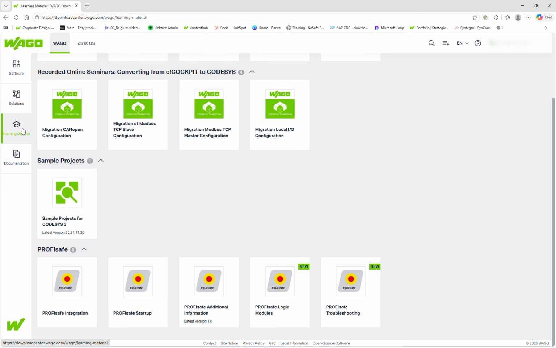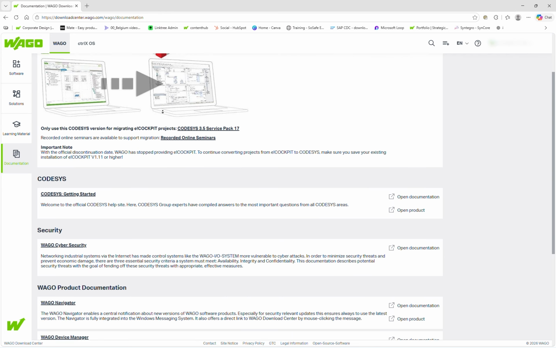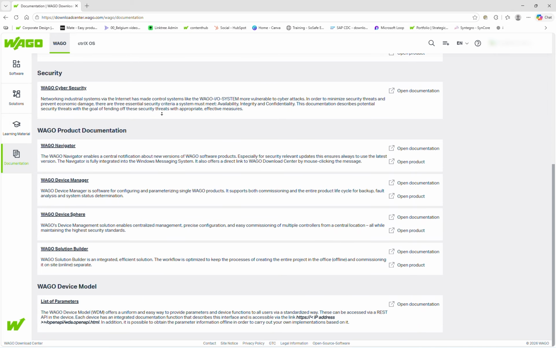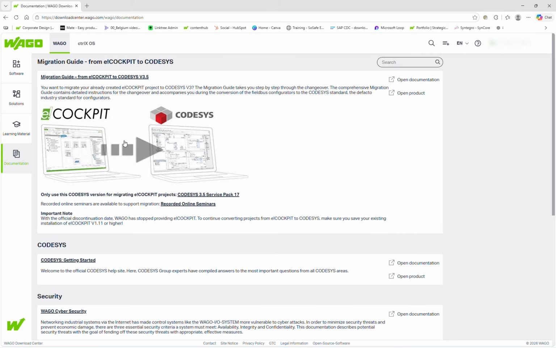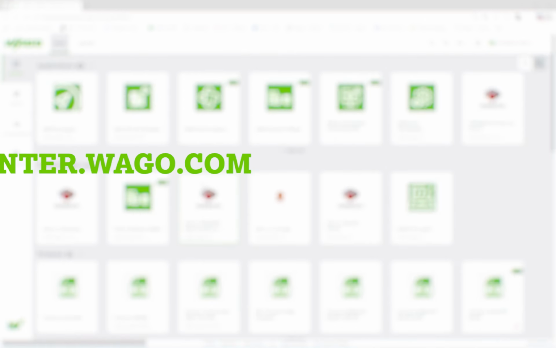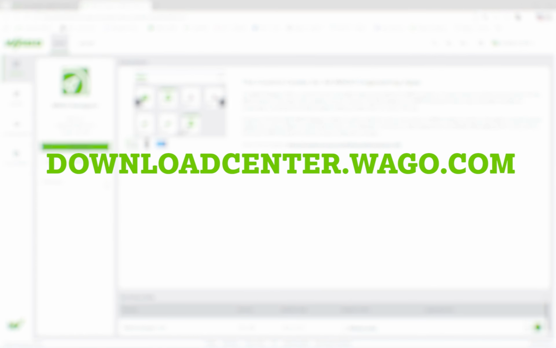If you'd like to explore the programs in more detail, you can find additional documentation, technical information, user guides and helpful resources on the documentation page, giving you everything you need to better understand the available features, setup procedures and application possibilities. If you want to review everything at your own pace, be sure to visit downloadcenter.wago.com and discover it for yourself. Again, that's